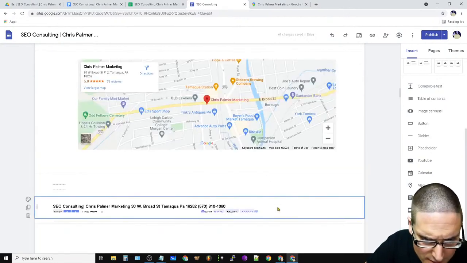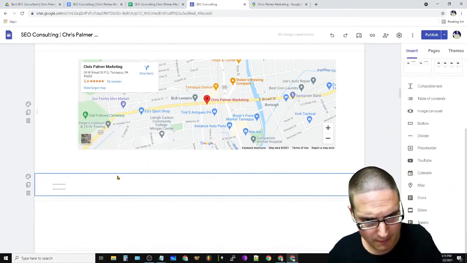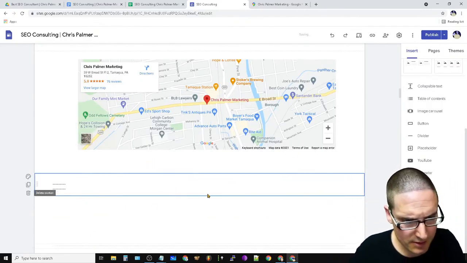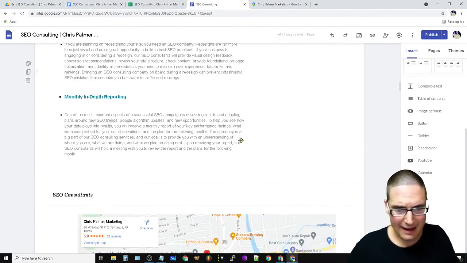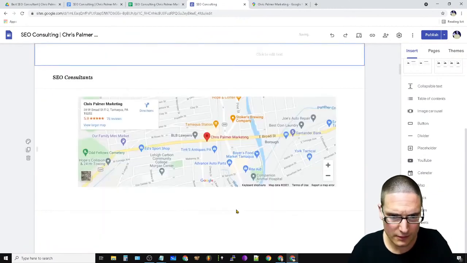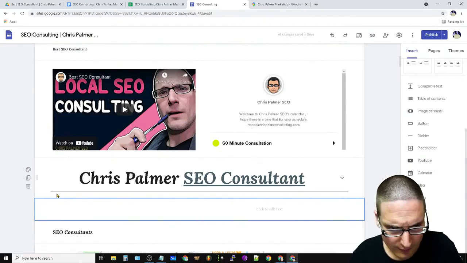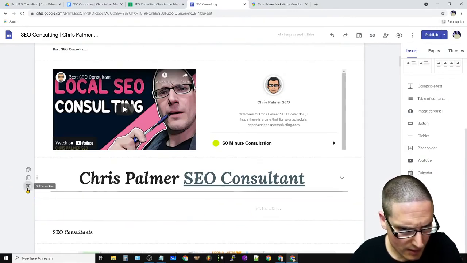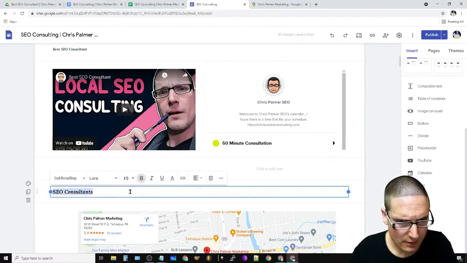Okay, now we want to get rid of anything that's non-prominent. You want to leave the map in there. Get rid of all these secondary embeds. I don't want that in there. Okay, the map can stay. This needs to go. You're out of here. Okay, this is out of here.